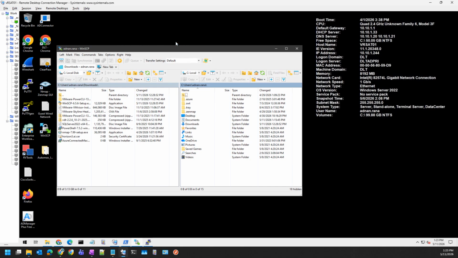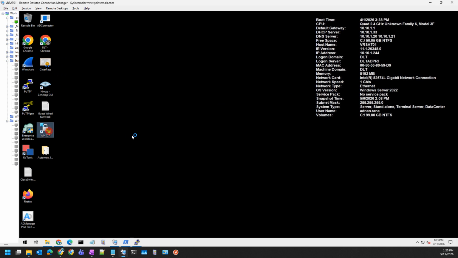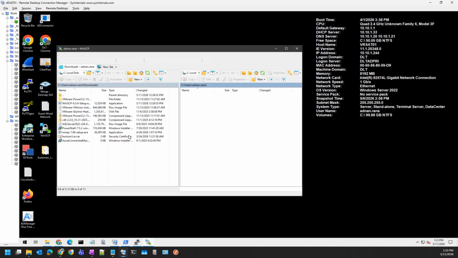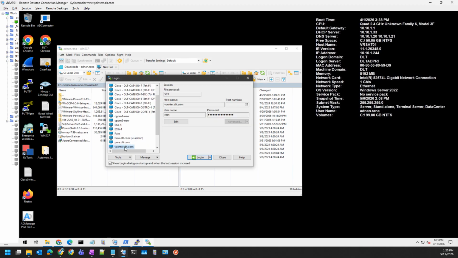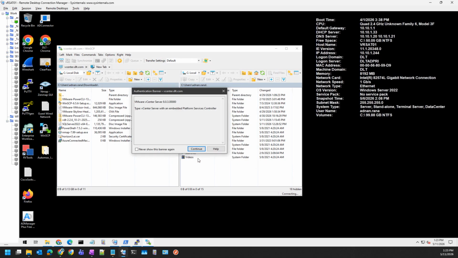Alright, so next thing is the WinSCP. So let me close WinSCP, open it again, and vCenter. You make sure you choose SCP, your vCenter's name, and the port number. You can type in your user and password, and then hit connect, and hit continue. So ideally this should come in,